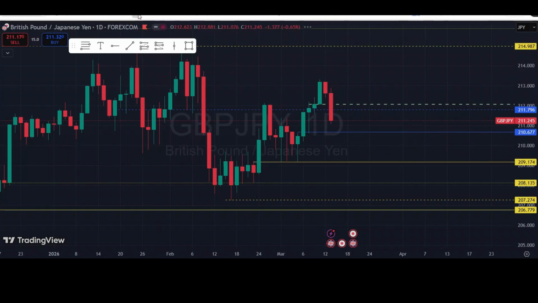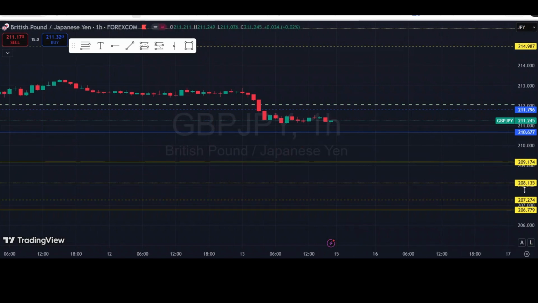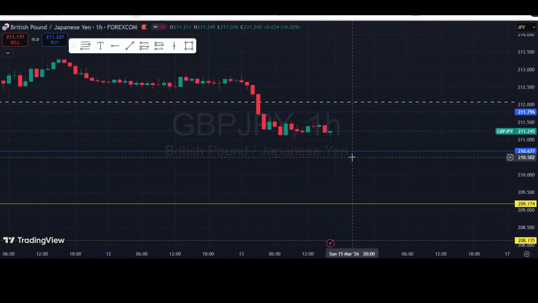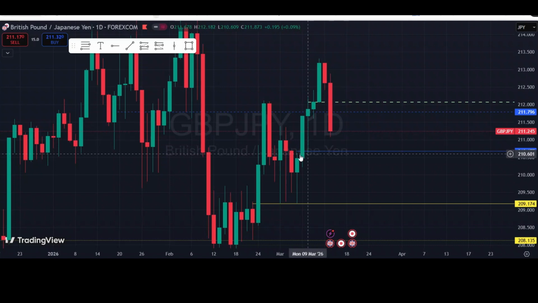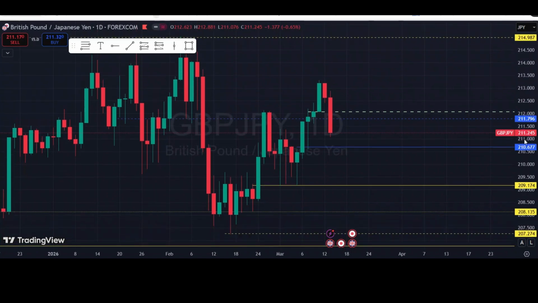If we drop to the lower time frame, like we said, our draw on liquidity is here first before anything else. So we keep our eyes and see which side of the market price will first run to. But I want to see the market run to this order block before going up to this zone, and maybe react to this other order block on the upside before it continues to go up. But we keep our eyes on these mapped out zones and use them to our advantage in this coming week. The last pair we're going to be looking into will be the